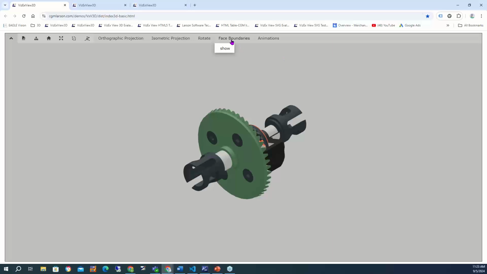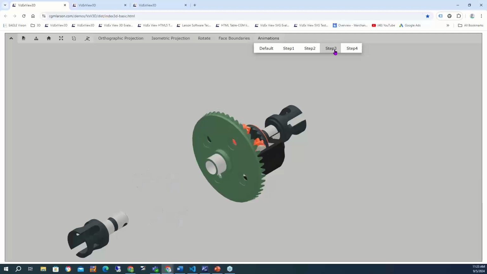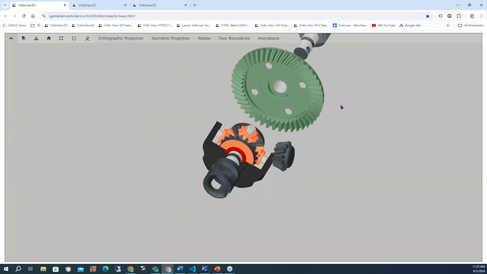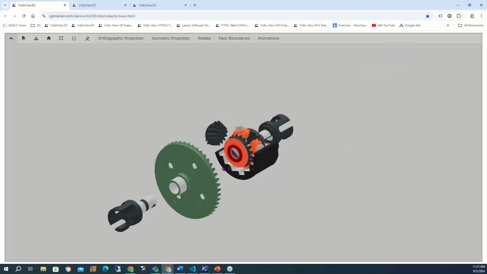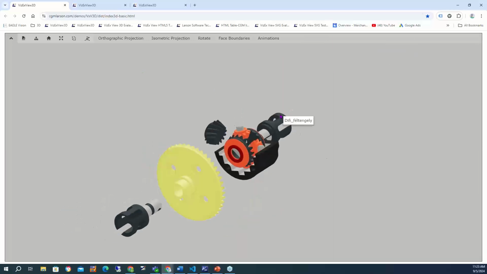So you'll hopefully notice that a new thing has appeared here, animations in the viewer. And that means now I can say step 1. So I can play these back. It should fade, and then 3, and then 4 will change the angle. So this is obviously 3D, so I can still move it around, but I'm just playing back those animations that